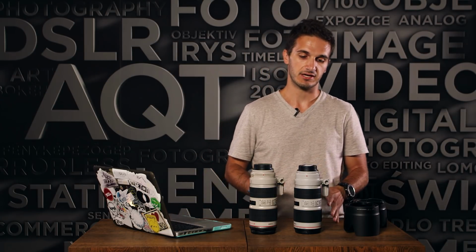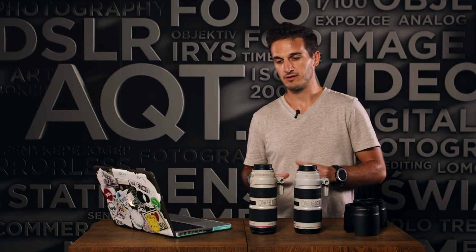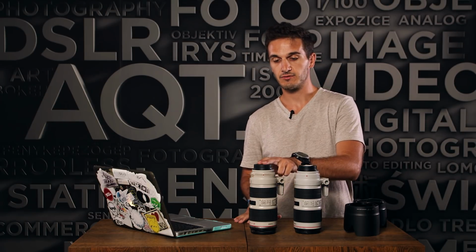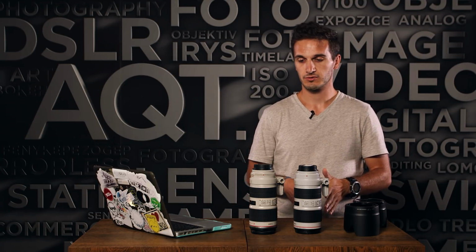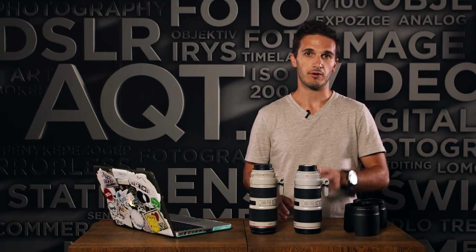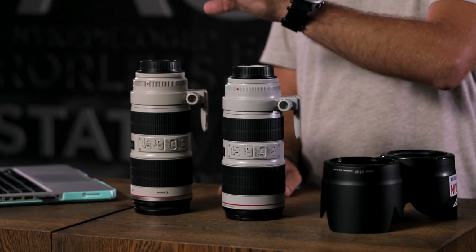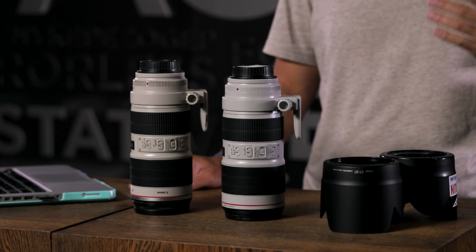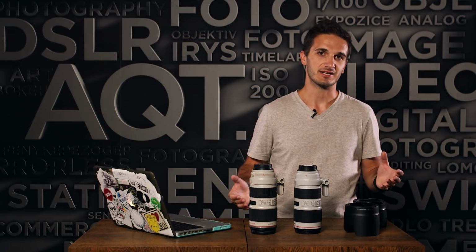If you are considering buying the Mark III, I will recommend it to anybody who doesn't have the f2.8 second version. If you are an owner of the previous one, the 2.8 Mark I or the 2.8 without stabilization, I will highly recommend you buy the new one. But if you are an owner of the 2.8 Mark II, I don't think it's necessary to buy the new one. I hope this review will help you, and please be gentle with my English